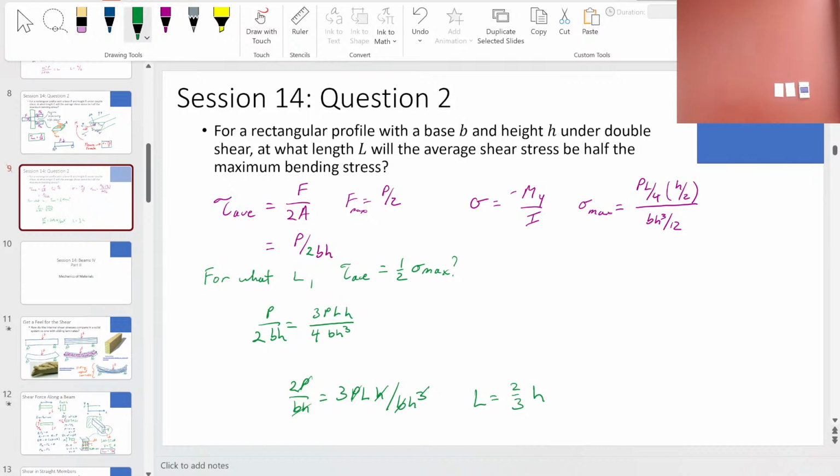Okay, so look at the question you're asking. It's asking, at what length L will the average shear stress of half maximum length